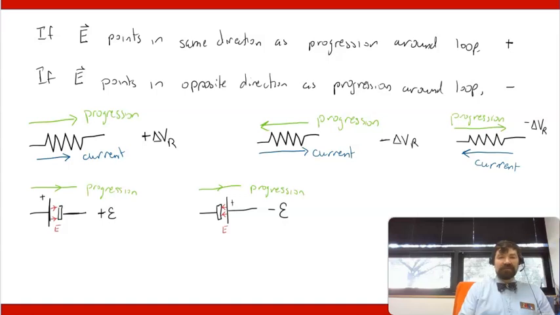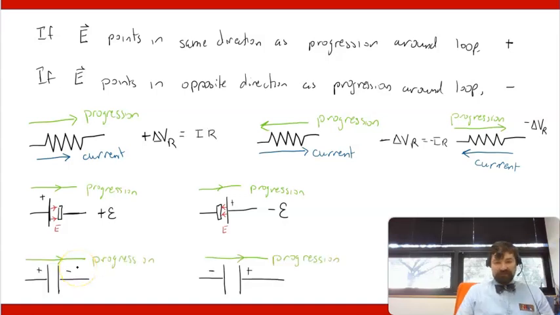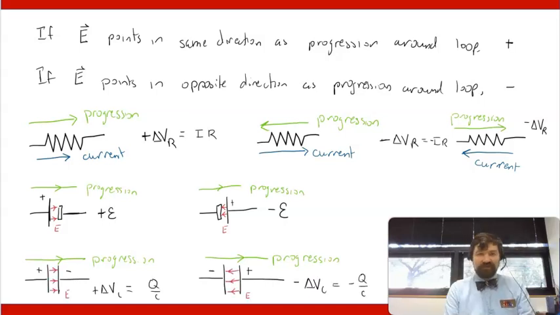What about a capacitor? If I go from the plus plate to the minus plate, then that counts as a positive voltage. And if I go from minus to plus, that's a negative voltage. Again, that is consistent with the E field direction. So that's it for